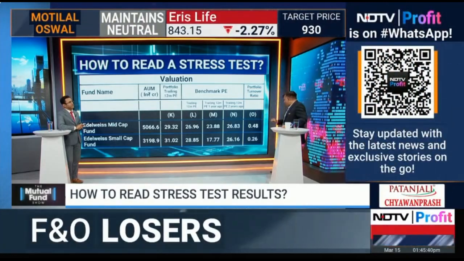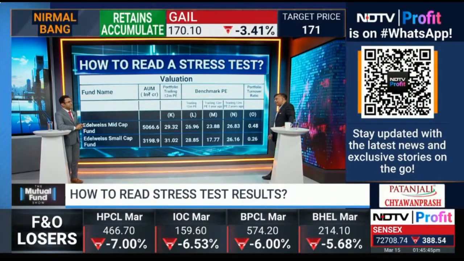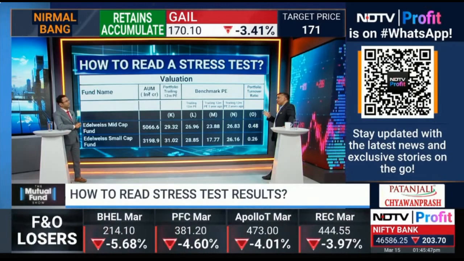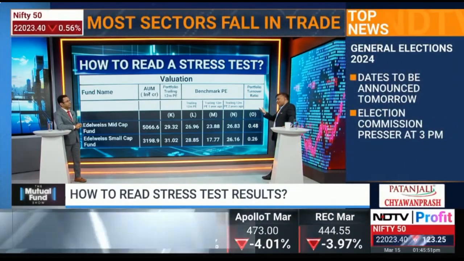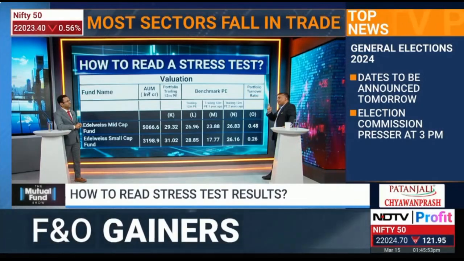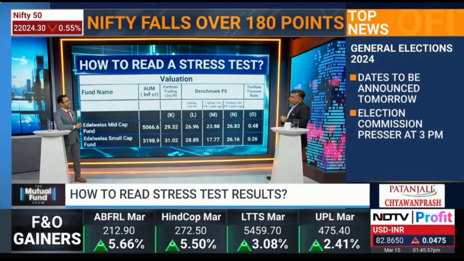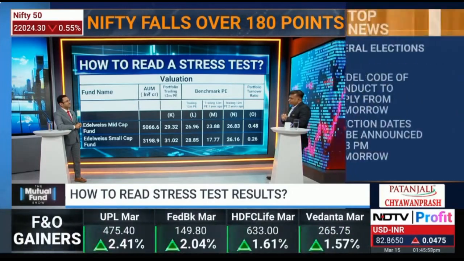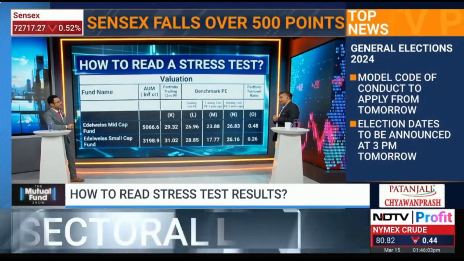The simple way to think about this is that 1 divided by this number is the average holding period of the stock that you have. So if it is 0.5, then overall I hold an average stock in the mid-cap fund for about a year. And from a mutual fund perspective, for investors who think about conviction-based, long-term investing, this is a very good holding period to think about.